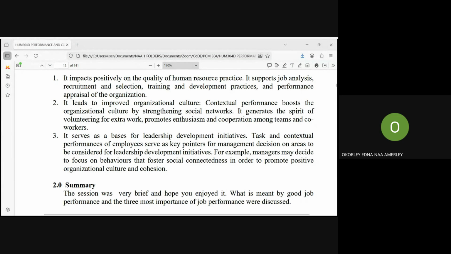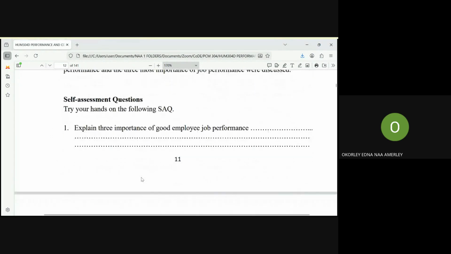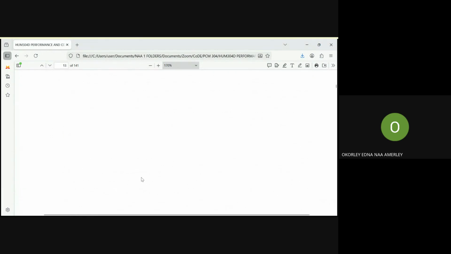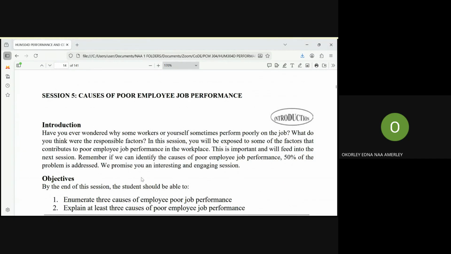Okay, so these are the 3 importance that we have under the importance of good job performance. So we move on. So that is under session 4. Is it 3 or 4? So we move on to session 5. Now, we realize that